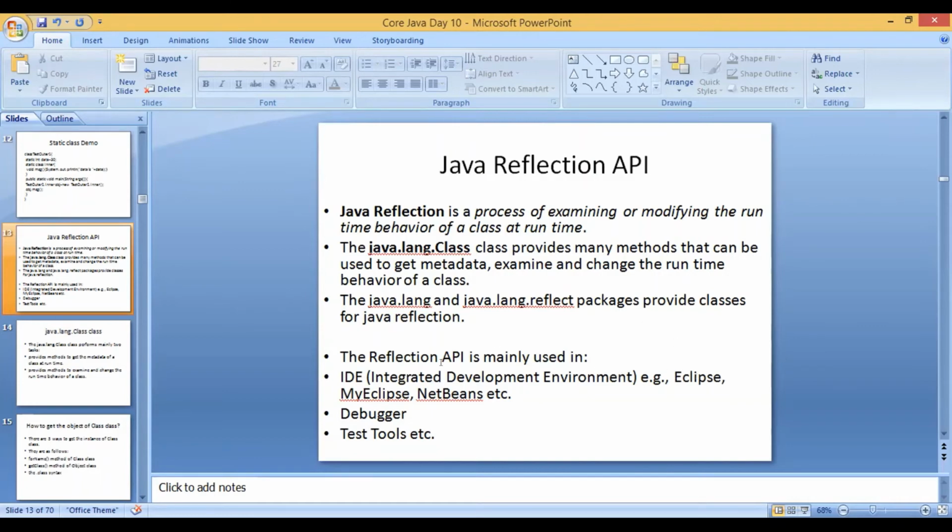Similar to that, there are other editors like MyEclipse or NetBeans. All these editors use these reflection concepts. Or you can use reflection for debugging or for writing some test tools also.